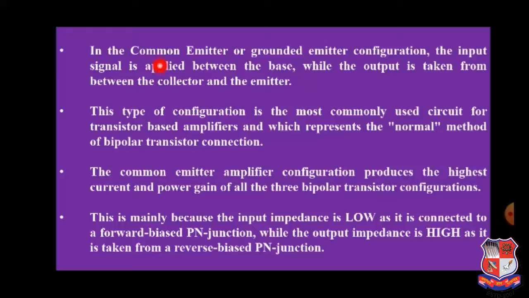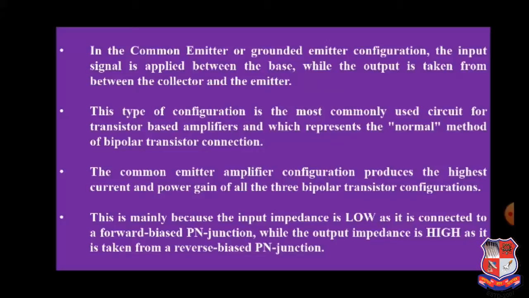So here in the common emitter or grounded emitter configuration, we can use both the words. Common means a grounded condition. The input signal is applied between the base and emitter, while the output is taken from between the collector and emitter. Okay, so the terminal which you are grounding, you have to eliminate that particular terminal for the input purpose, but